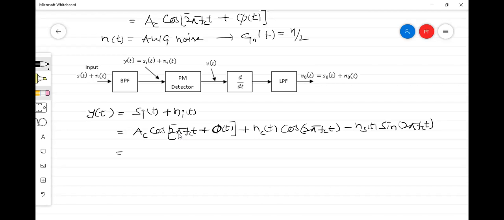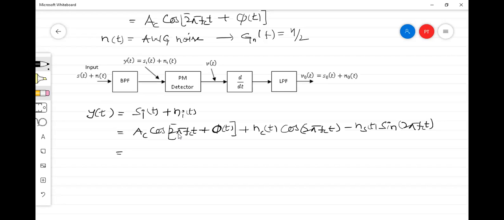Now I'm going to simplify this noise also into a phasor like this one. Here we have only a cos term. This cos term is representing an FM signal. Here this noise also can be thought of as an FM signal, another, I mean, frequency modulated signal. Frequency modulated noise.